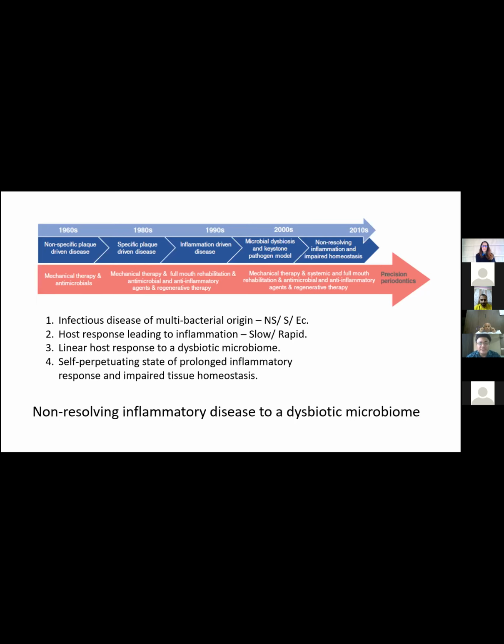And this dysbiosis is because of one keystone pathogen, that is Porphyromonas gingivalis. Earlier concept was Porphyromonas gingivalis itself causes the disease. But in that case, Porphyromonas gingivalis should be able to kill the cell directly, in which case the disease would not spread because the infected cells would immediately die. So the current concept says Porphyromonas gingivalis enters a cell and makes sure that the cell survives for long enough so that other microorganisms can enter that cell, and that's how the disease spreads. So Porphyromonas gingivalis doesn't kill, it actually pampers the cells, and others overtake and cause the destruction.